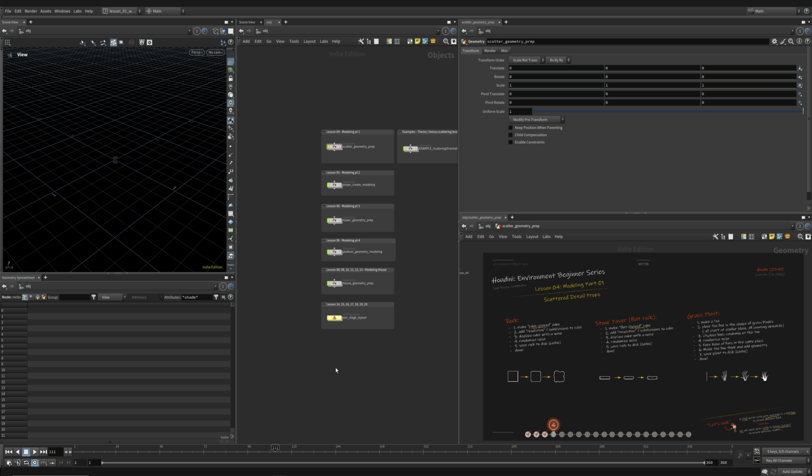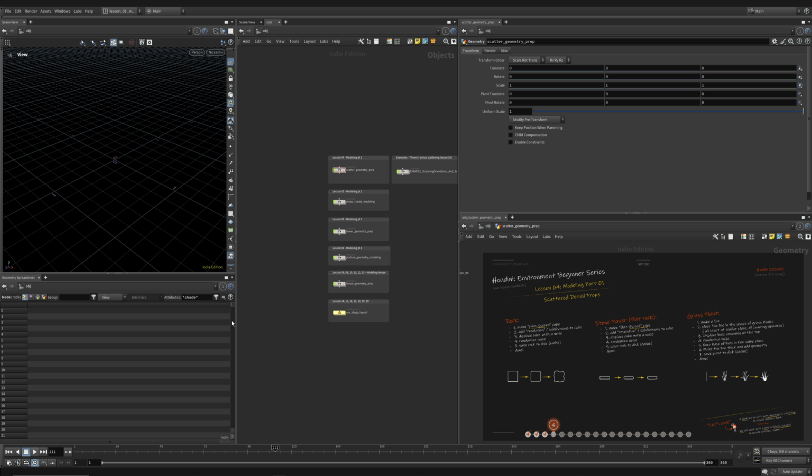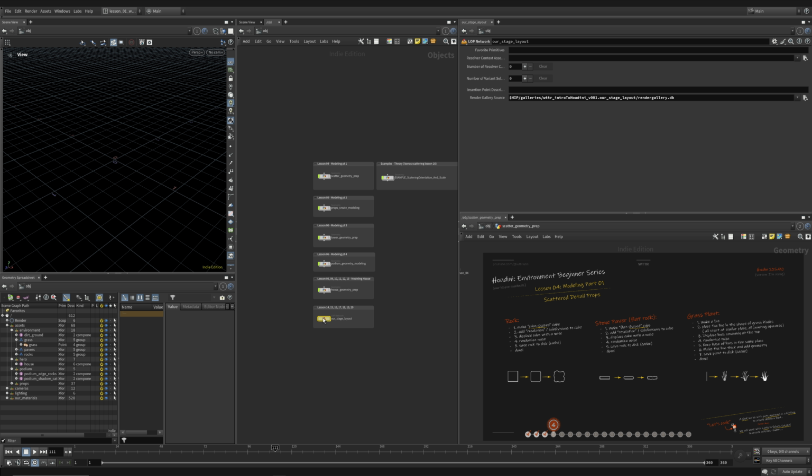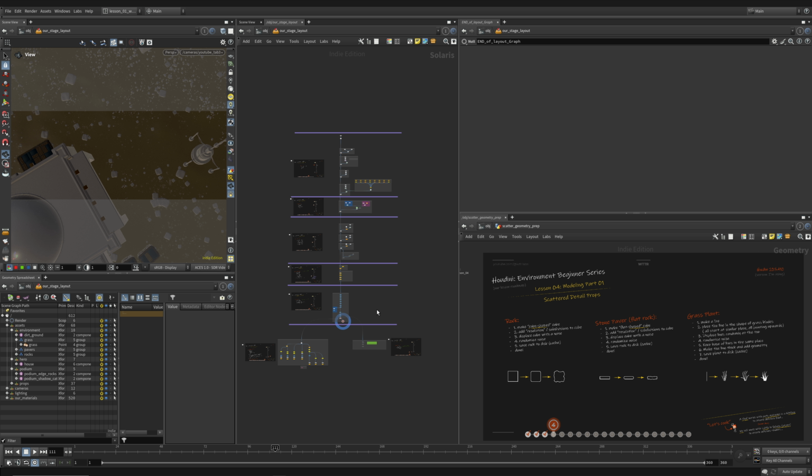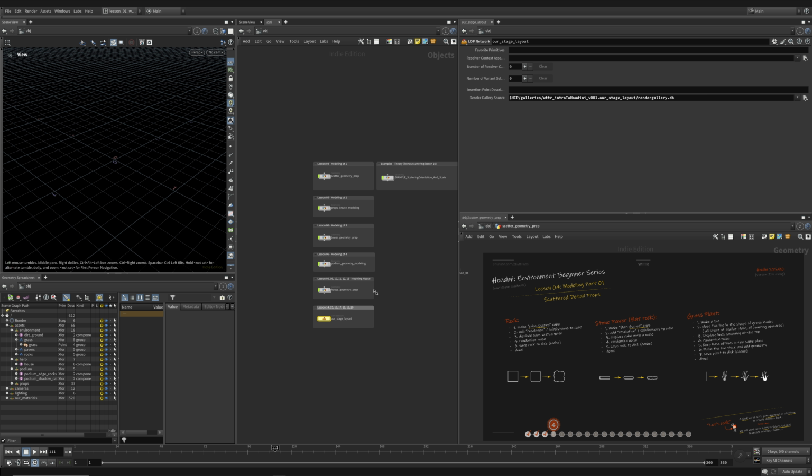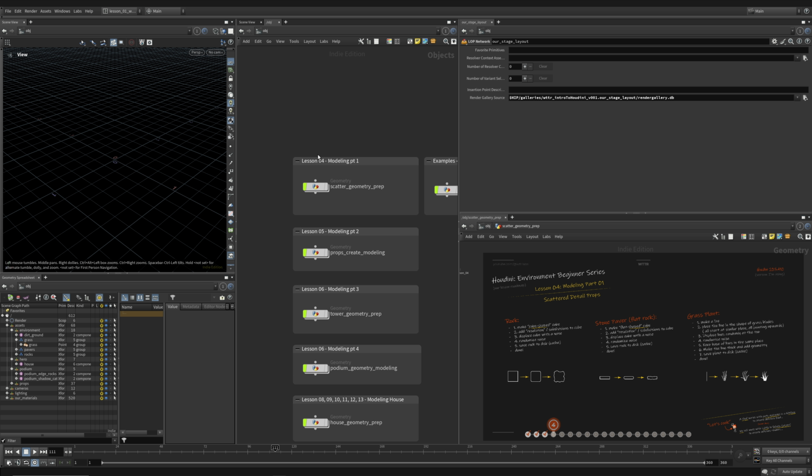Welcome back and welcome to lesson 4 in the Houdini Environment Beginner Series. We're going to continue where we left off, and if this is you picking up straight from the last lesson, we were previously inside our LOPnet here in stage. I just hit U to jump up, and now we're going to jump inside the modeling part 1 lesson 4